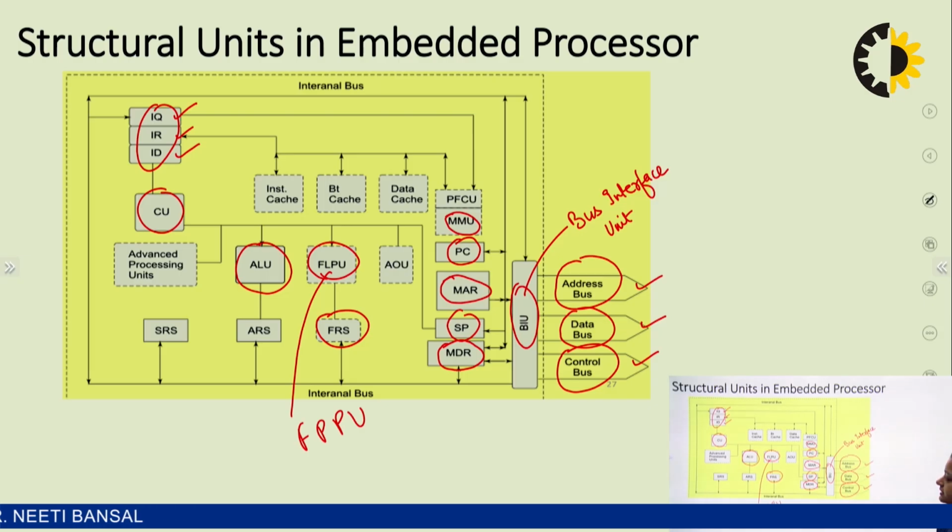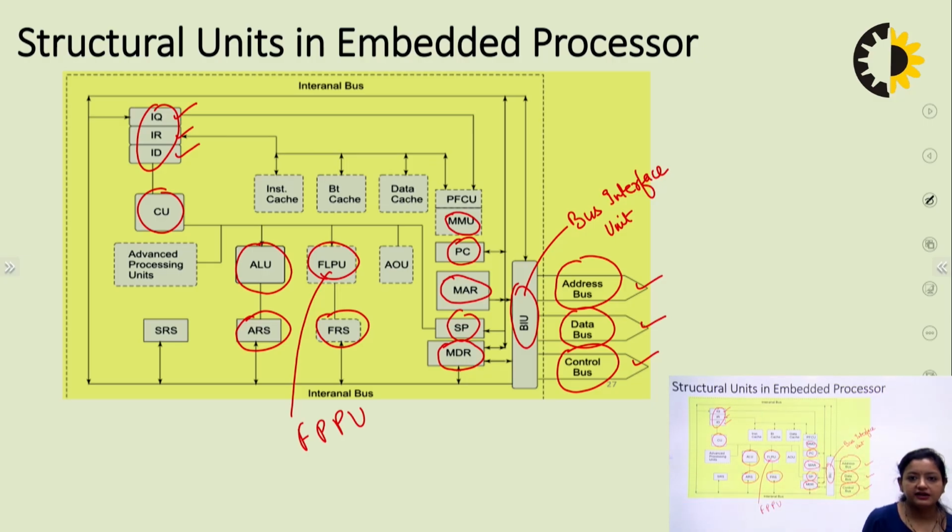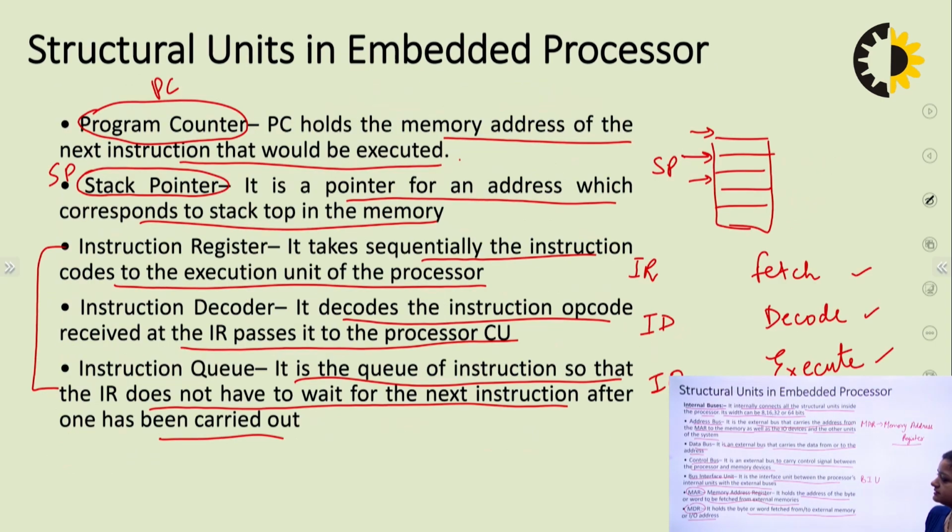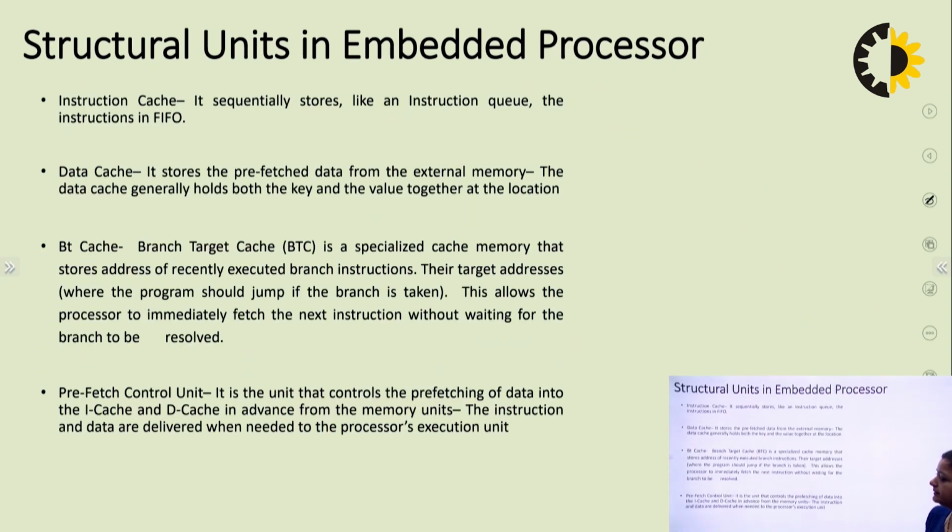Let us check where the application register set is. Application register set is there. Okay, so these are the ARS, application register set. You must have studied in different types of microprocessors like 8085, 8086 that there are different registers like A, B, C, D, AX, BX, CX in 8086. So these are the application register sets which are used for the internal operations, and it is a bare minimum requirement. So it is already present in almost all the processors. Without fail it will be present.